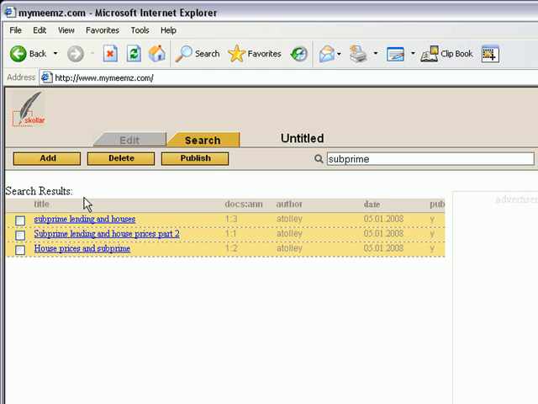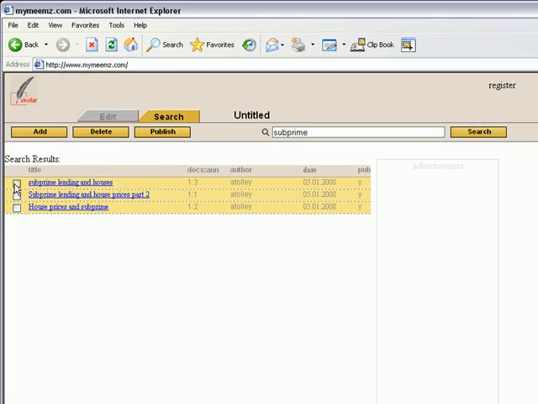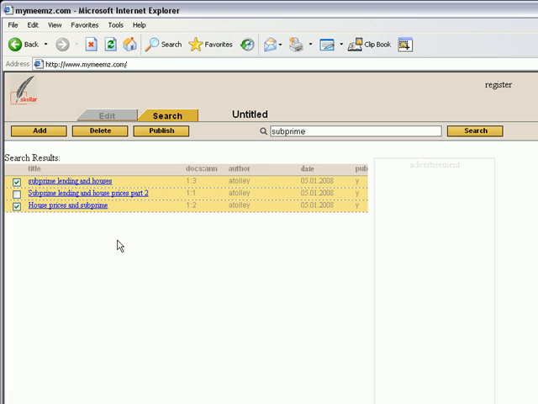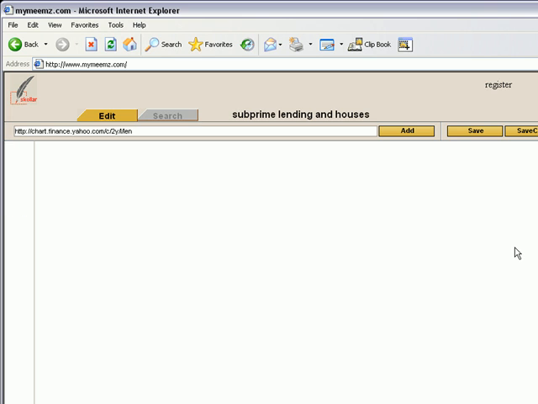In this particular case, we're going to just select one document, although we can select multiple documents at the same time. If you want to aggregate, you would simply select more than one checkbox and hit the add button, and that will aggregate those 2 documents together. So you can see it's a very powerful way to do aggregation. So in this particular case, we'll just select one of the documents,